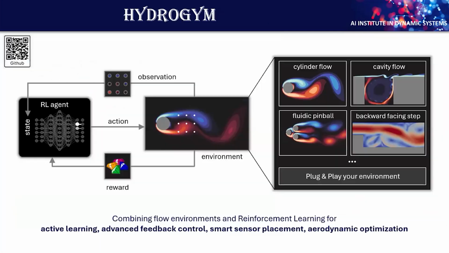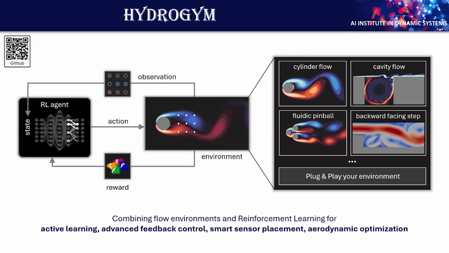So therefore, we decided that we aim to close this gap. And the first attempt we made in this direction was our Hydrogym project. Hydrogym initially was designed to easily combine some flow environments, which we can see here, with standard reinforcement learning agents for various tasks, ranging from active fluid flow control to smart sensor placement, as well as the optimization of some aerodynamic quantities. But before we go further into detail, let me quickly give you a very brief overview about